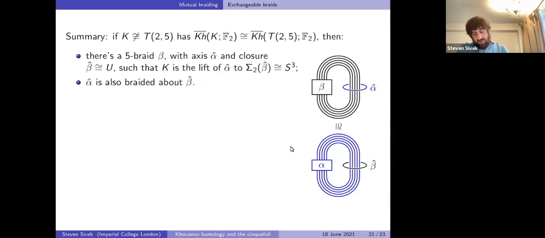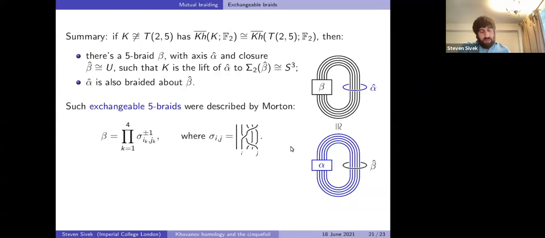If we try and untangle beta hat, because we know it's an unknot, so we draw it here, then alpha just becomes a braid in the complement of that. So they're both 5 braids. And Morton studied these back in the mid 80s. These are called exchangeable 5 braids when they both have unknotted closure and each one is braided about the other. So for 5 braids, we know it's a product of exactly 4